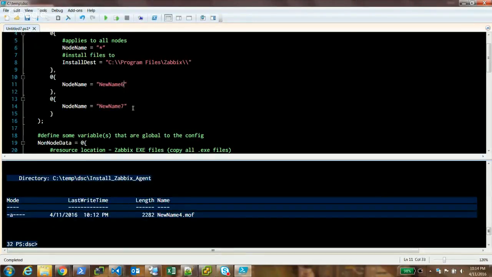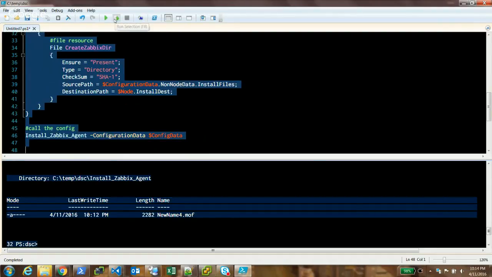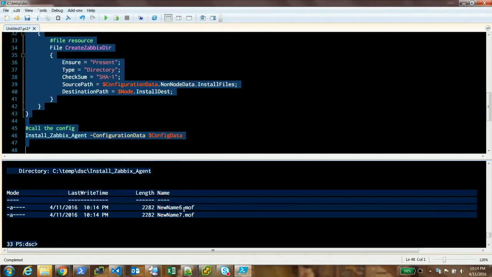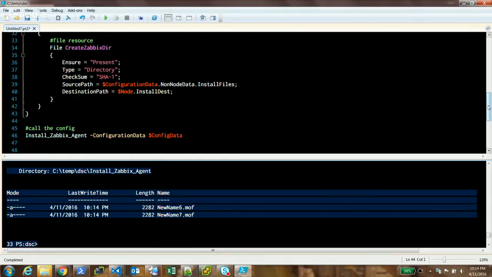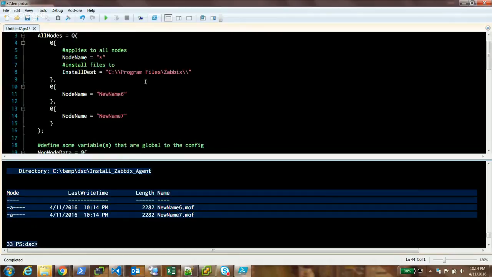So actually, let me execute this before I clean it up too much here. So you see 6 and 7 get created. So control all, execute it, and 6 and 7 are produced. So I'm going to tweak these just a little bit. Let's call this guy server 1, server 2,